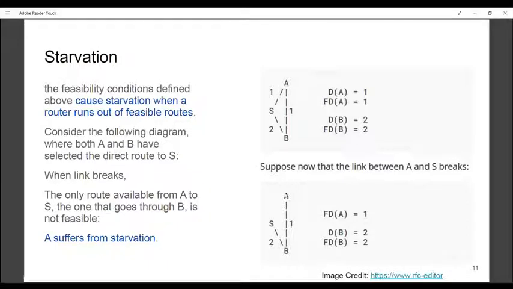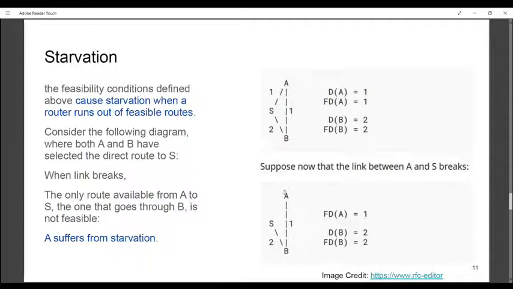So the condition does not hold true. But it is clearly visible that there exists a clear path from A to S through B, but due to the feasibility condition it will not consider that broadcast, it will not consider that announcement, it will simply discard it. So eventually A